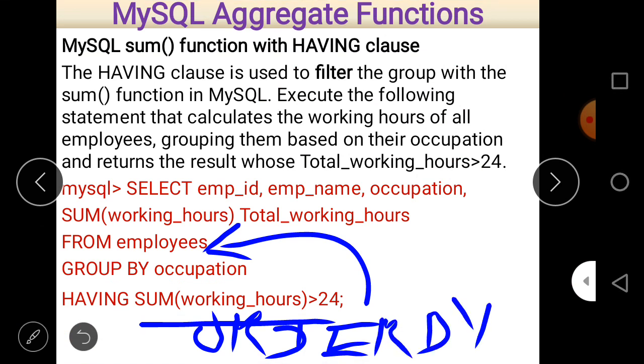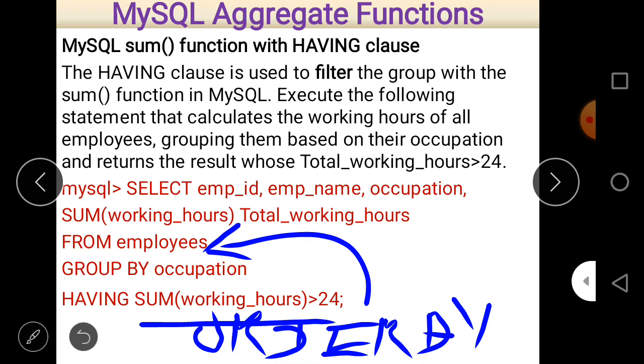So this is the highest level, or the most difficult level, of the question, when there is a general condition, we want to make a group here, there is a condition related to the group, and we have to put the data in ascending or descending order. All these are part of a single question.